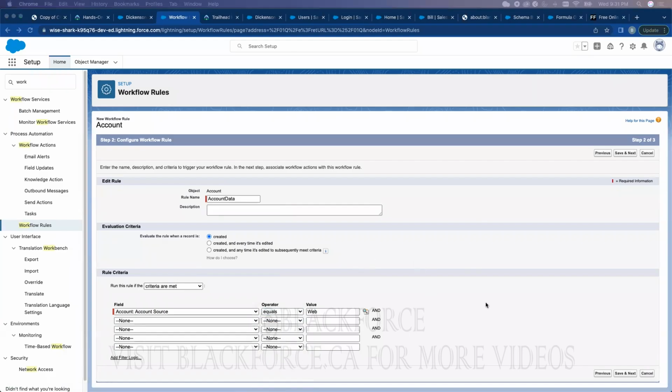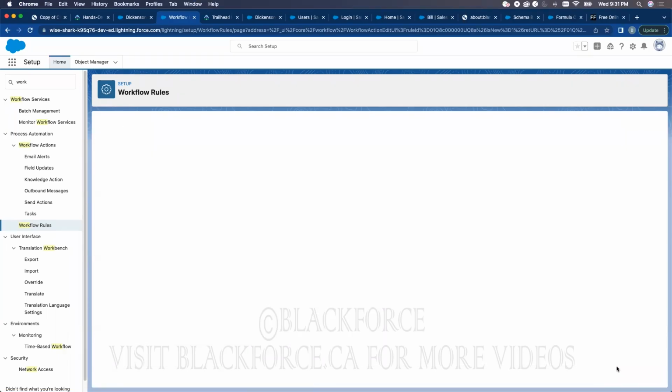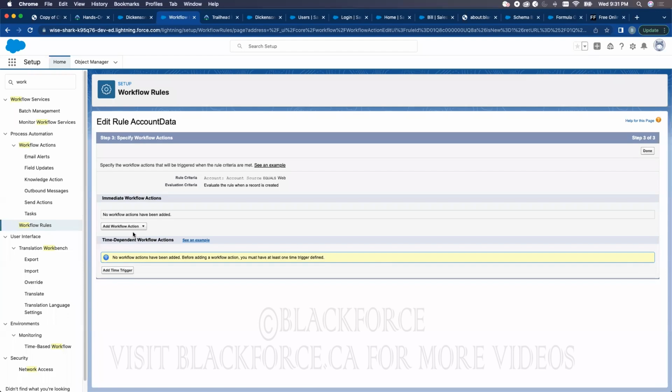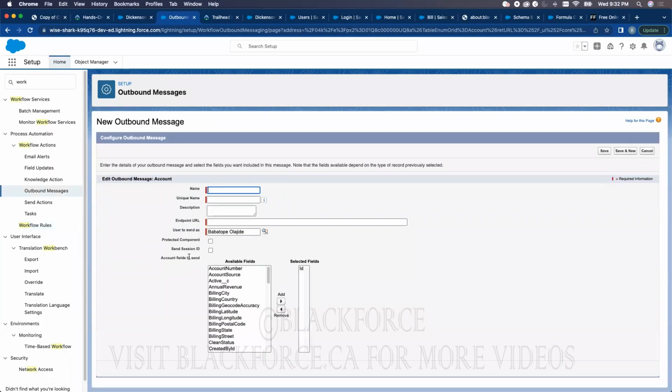Okay, the account source is web. I click on next. So I want to create what they call an action. An action is what should happen anytime an account is created and the account source equals web. I want to send an outbound message, okay? Account XML,